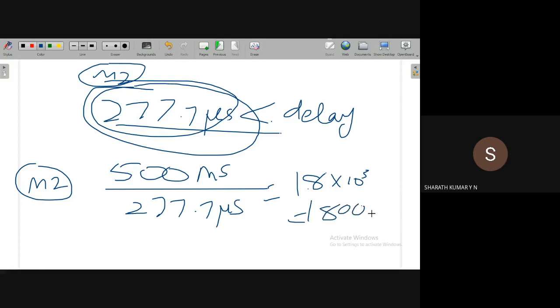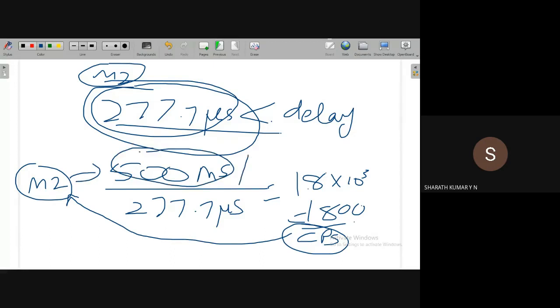Okay, so it's around 1800 times we have to count. That means 1800 clock pulses we have to count in mode 2 operation to generate a delay of 500 milliseconds. Let's imagine what about 1 second?